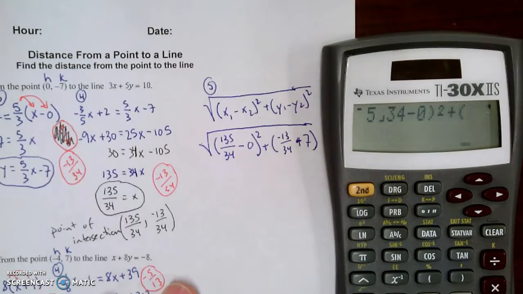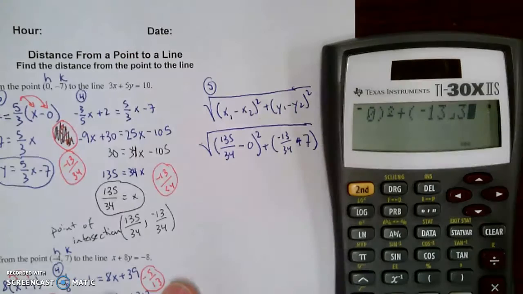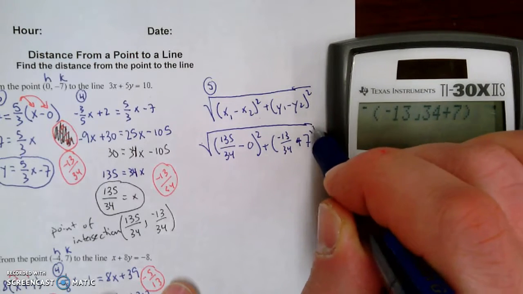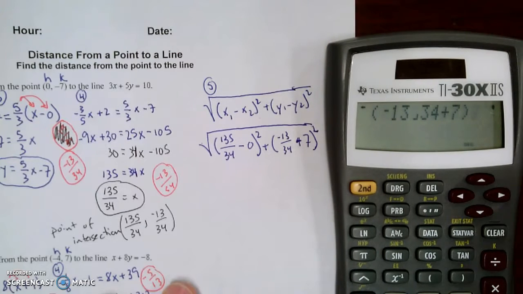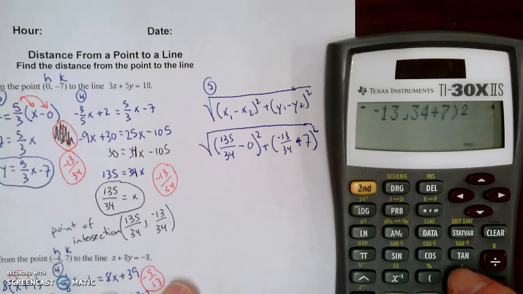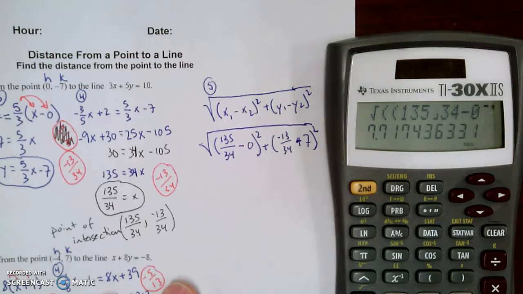We've got negative 13 over 34, and then we're going to have plus 7, then we'll close out those parentheses, and that should be squared here, by the way. So then we're going to put our squared in, and then finally we have to close out the last parentheses that represents the entire square root. Hit enter, and we get